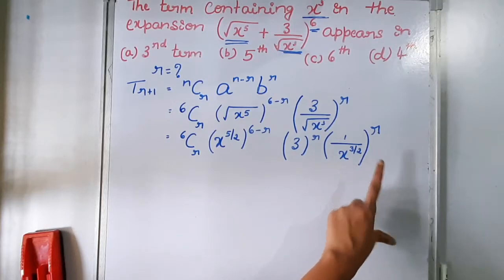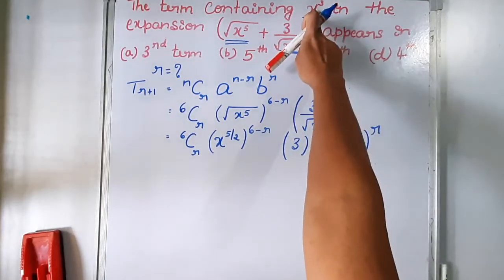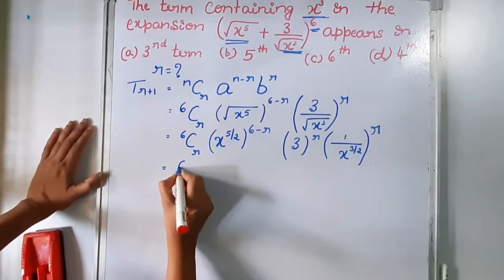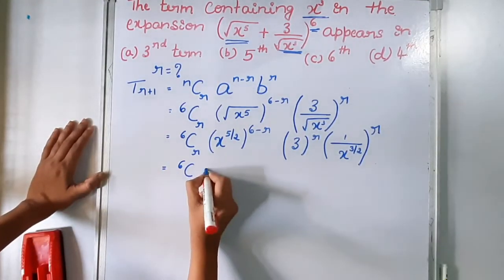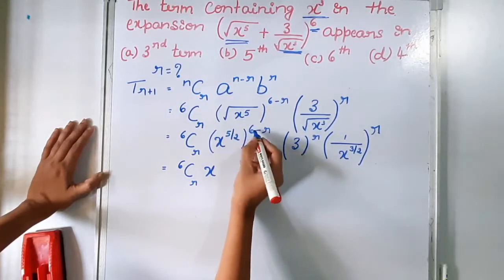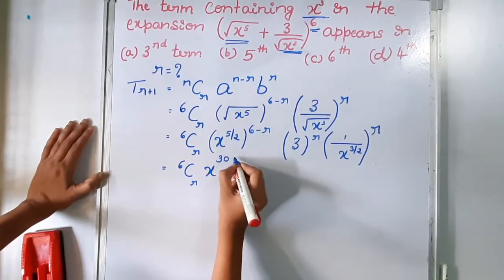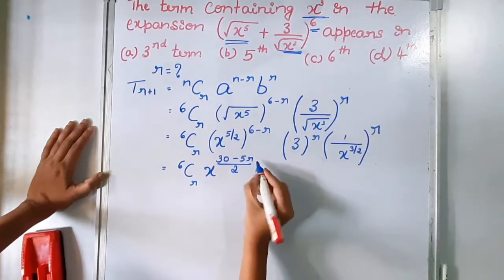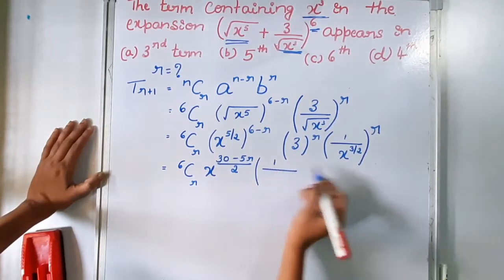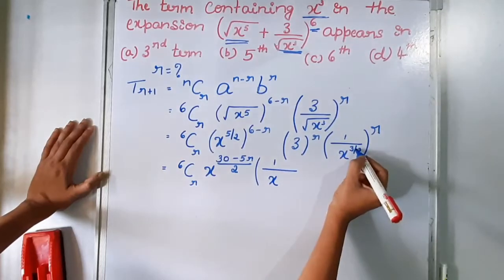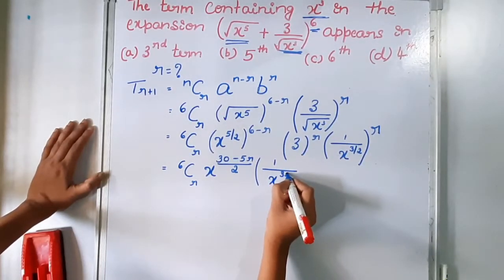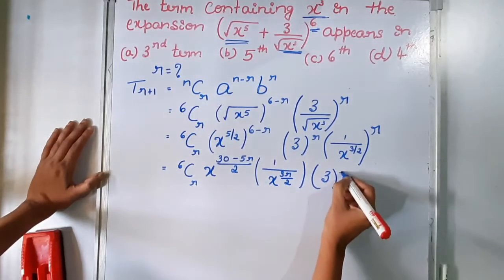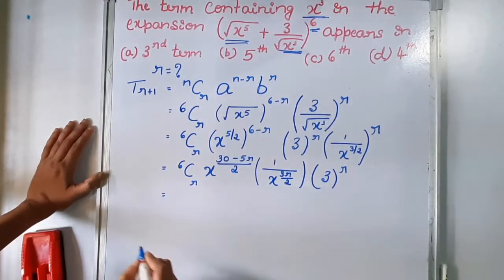Now we'll collect the terms in x, because we have to find the term containing x cube. So this will be 6Cr as it is. So x to the power, multiplying 5 into 6, will be (30-5r)/2, and I'll write this term 1 divided by (x^(3/2)) whole to the power r, which is x^(3r/2), into 3^r. This is as it is, right? So this will be equal to now